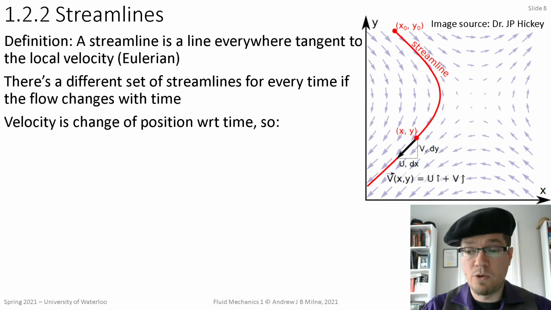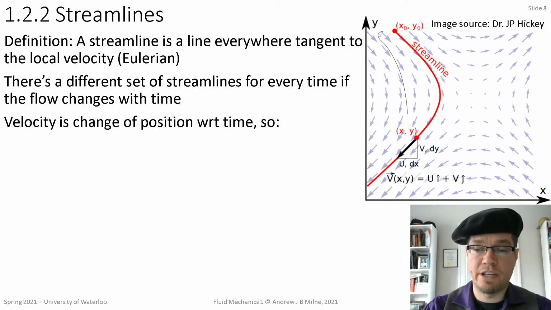So if this flow field changes with time, then with each different flow field, you would have a different set of streamlines. It also means that you have multiple streamlines. You can have a streamline starting here and a streamline starting there, for example. And so the mathematical formulation of this comes out from the fact that velocity is change of position with respect